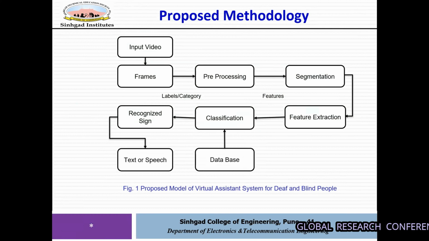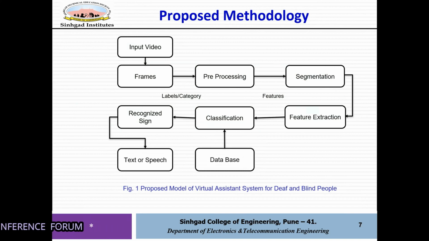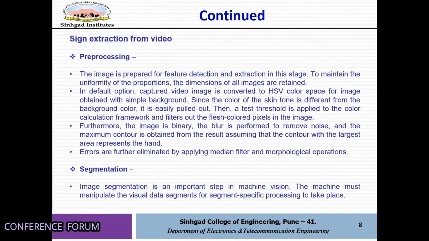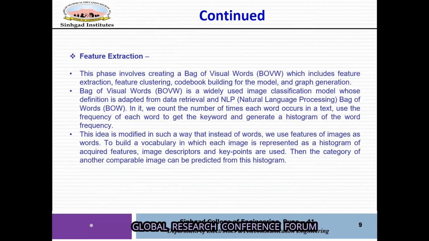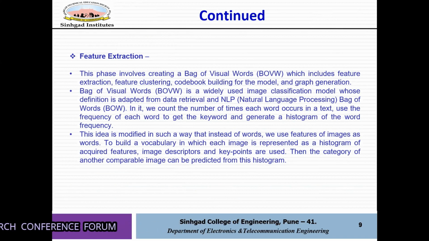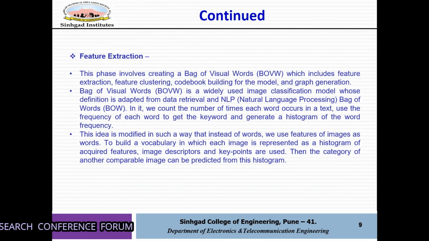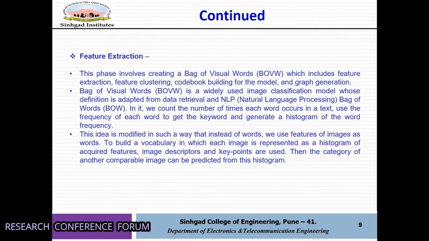First, we feed in the input, which in this case is a live video. It's then split into individual frames, and then comes pre-processing where it analyzes the data, like the size, proportion, background, color, the amount of blur, etc. Then comes segmentation to divide an image into individual segments, which then become easier to search for what is actually required. Further, we have feature extraction, where words from a sentence are individually recognized by using NLP and OpenCV. We recognize particular image descriptors or key points like the hand or the face movements, etc.